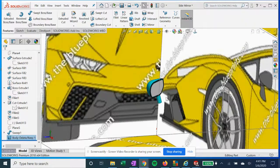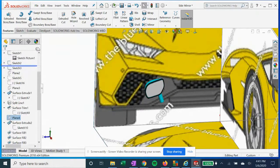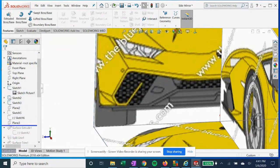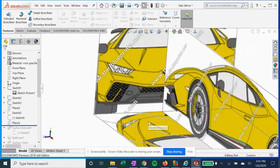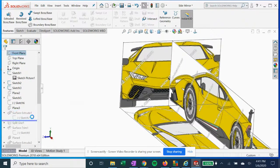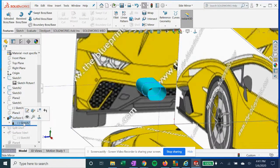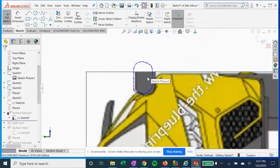So now we're going to take a look at the construction and design of the side mirror. This is what the final version will look like. It looks complex, but it's actually pretty simple. We're going to turn on our sketch pictures from the front, side, and right top planes so we can get the outlines right. We're going to start with a surface extrude using our blueprint for